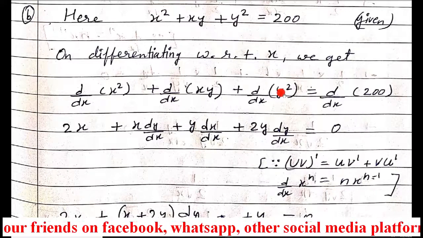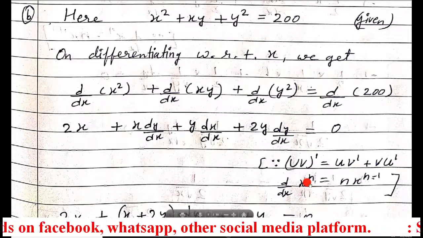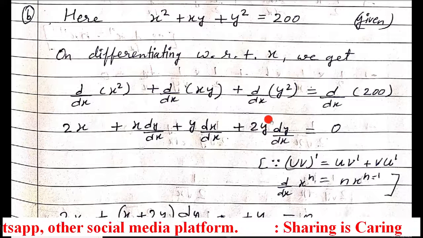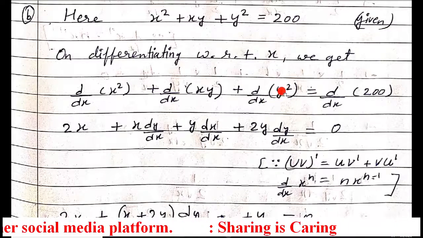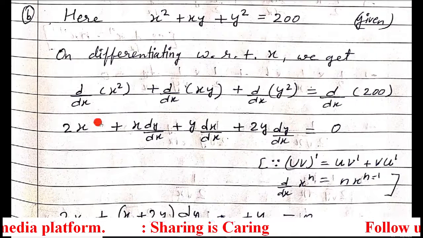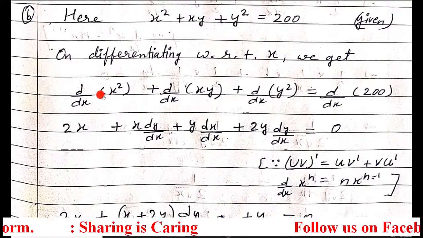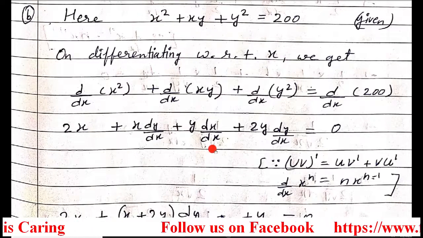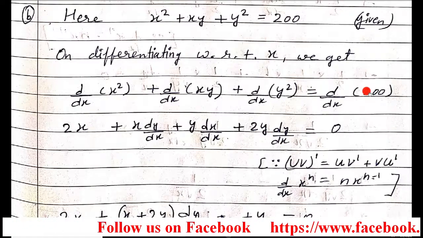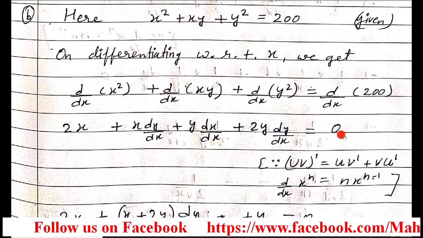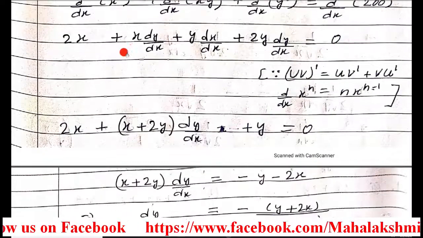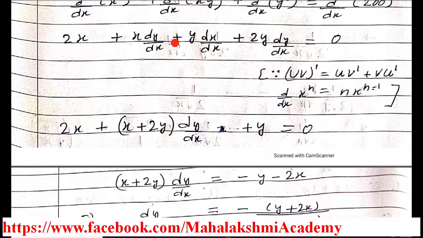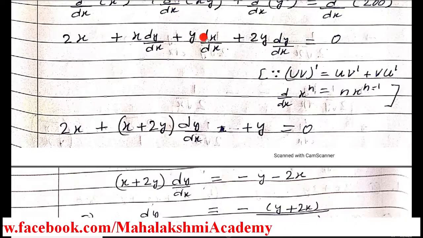Now to differentiate it, again we will take the help of the x to the power n differentiation formula, that is n y to the power n minus 1. Then because of the chain rule we have to differentiate this y again. Here also we have to differentiate because of the chain rule, but dx over dx is 1, which we do not usually mention. So everywhere you have to apply the chain rule. Now since it's a constant, constant differentiation is 0. Now in the next step, this is going to be as it is. We can't differentiate it. Now dx over dx is 1.